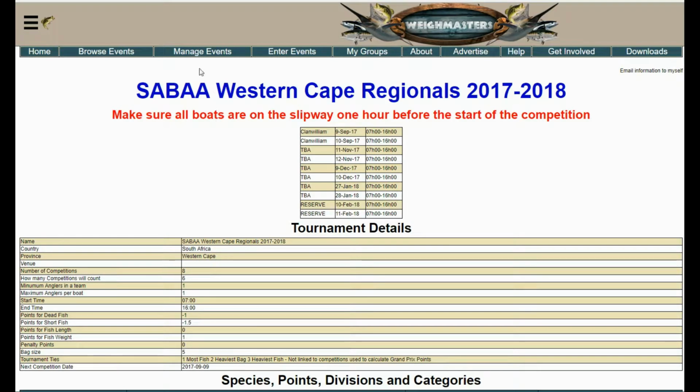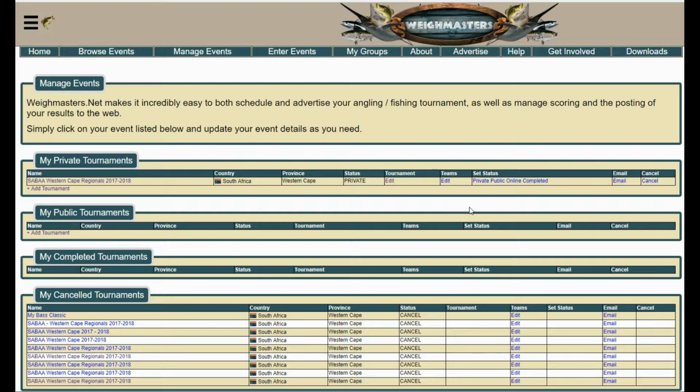The only thing now that remains is to actually go and click on manage events, and now if you're happy with your information, you can now turn it into a public tournament or online tournament. The difference here is public, everybody can see it, but they cannot enter online. What we obviously from a SABAA perspective would like is that you turn your tournament into an online tournament, and